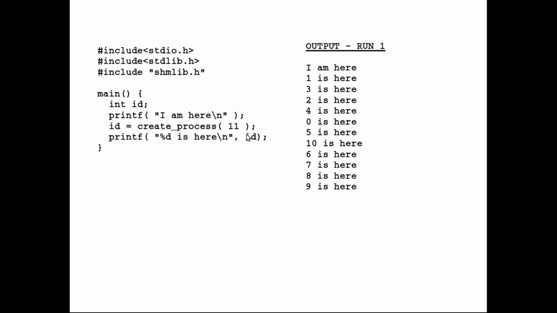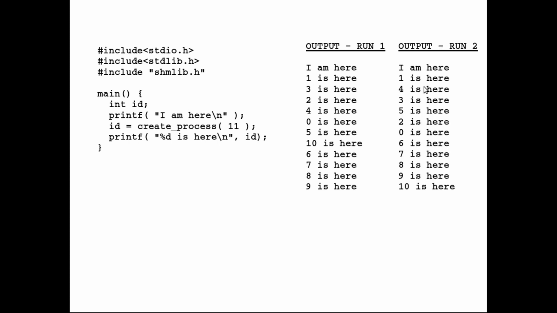So here the operating system scheduled child process number 1 first, and then child process number 3 followed by child process number 2. The parent process got the chance here, and this is how the processes got scheduled, and that's why we see the printf statements getting printed in this order. If I run this same program one more time, there's no guarantee that we'll get the same order. For example, when I run it for the second time, this is the order in which the processes were scheduled.